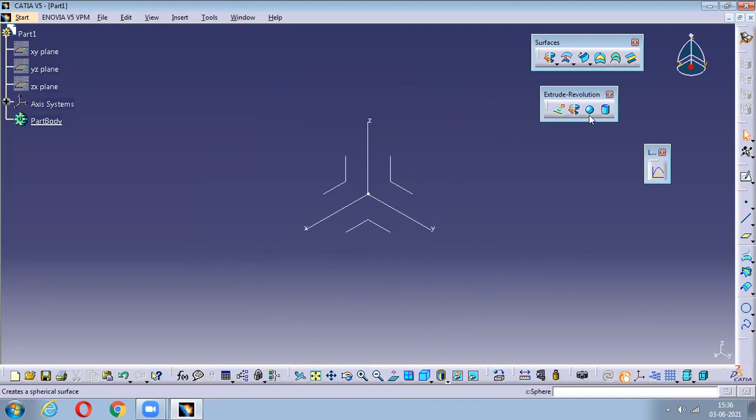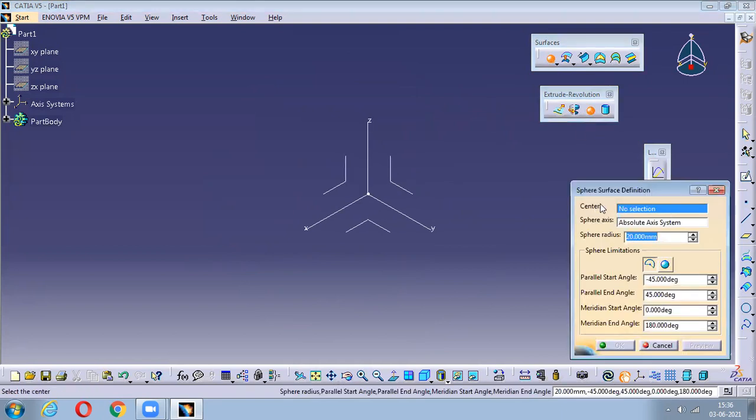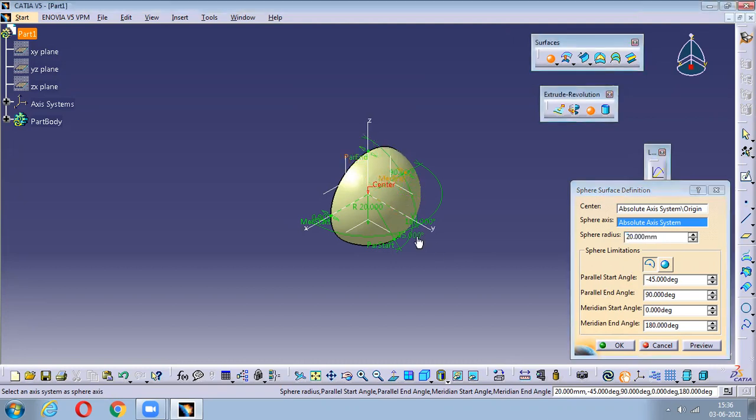The next thing we have is called a sphere. Once you click on this, it will ask you for a center point. If you give a click on the center point, your sphere will be started here. So here you can manage anything. You can manage anything like this. If you want, you can use this merge.